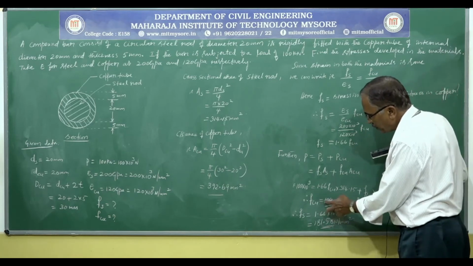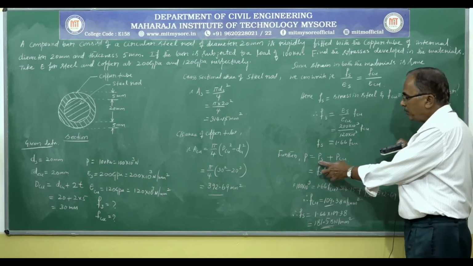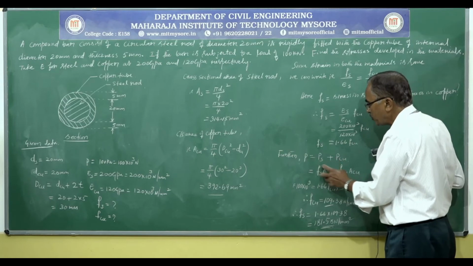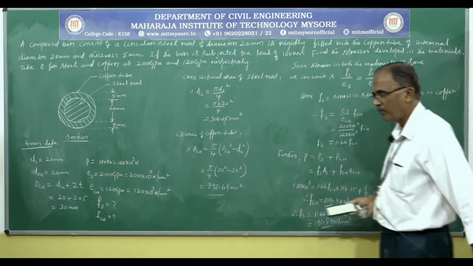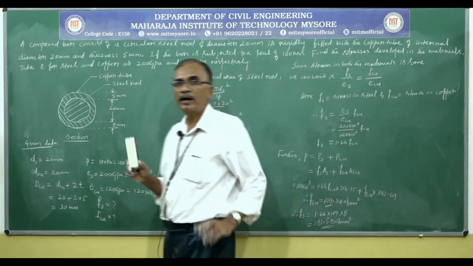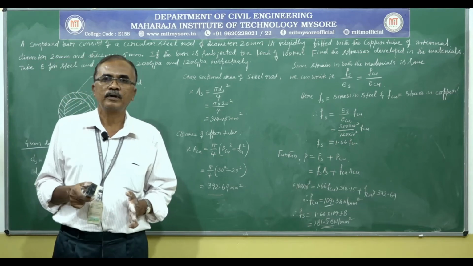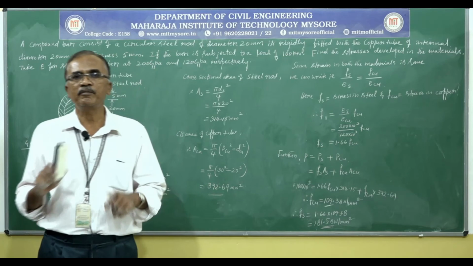So again, based on this stress obtained and cross sectional area, we can work out the load carried by steel and copper. Definitely the load carried by steel is more than the load carried by copper. That is the concept of compound bar. Compound bar as a whole will receive the load, and load carrying capacity of the materials depends upon the type of material.